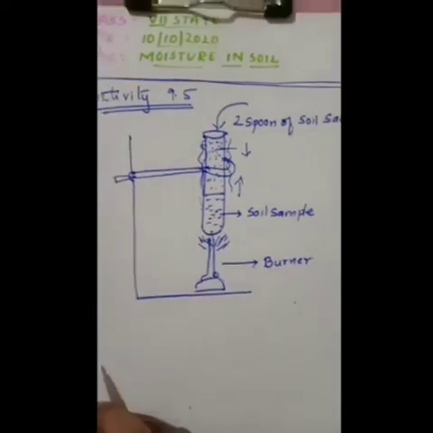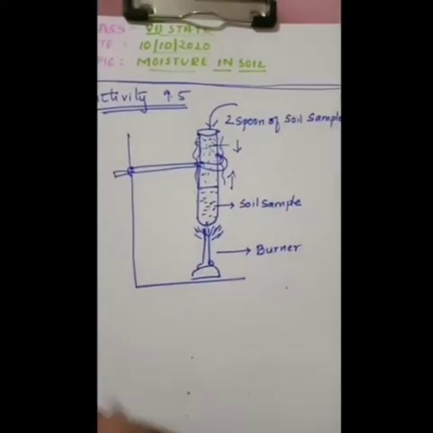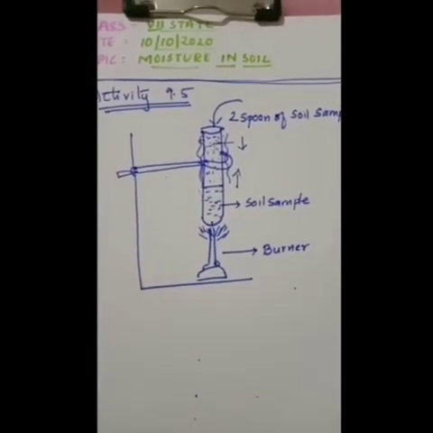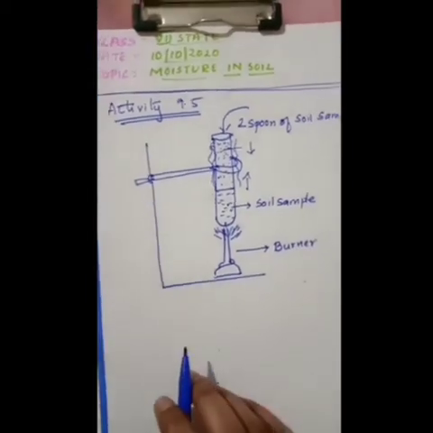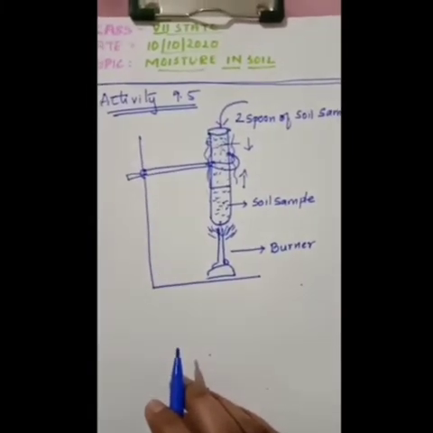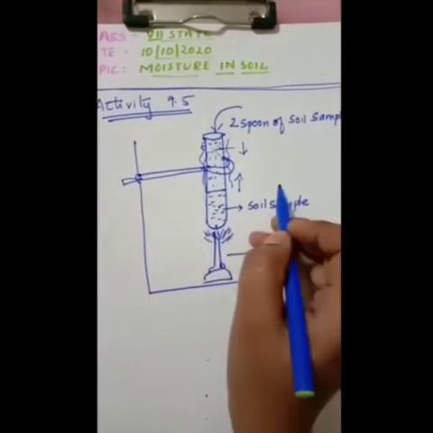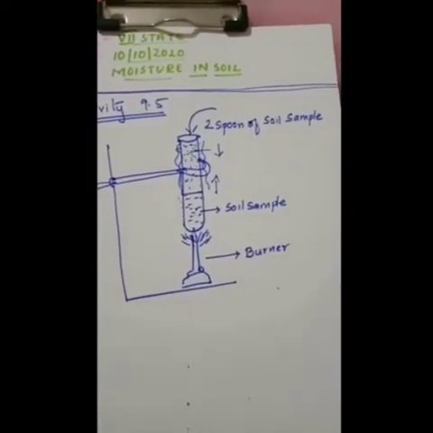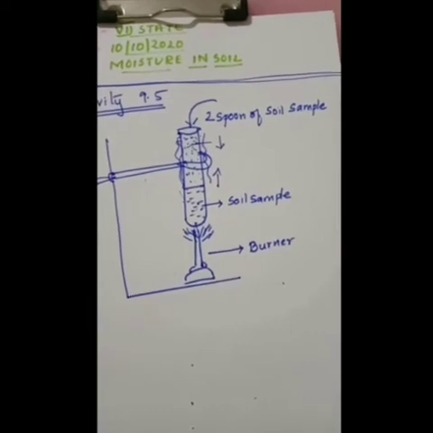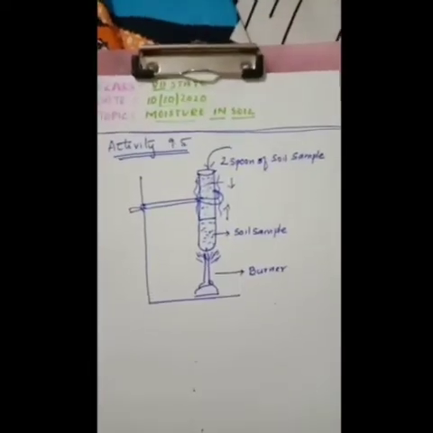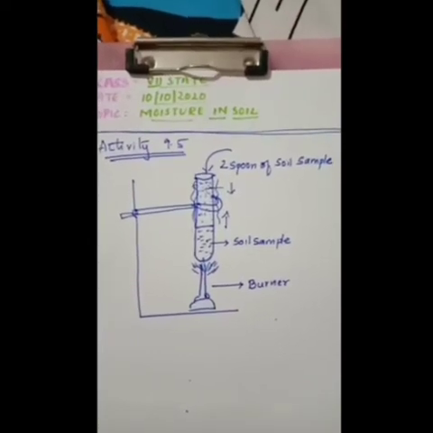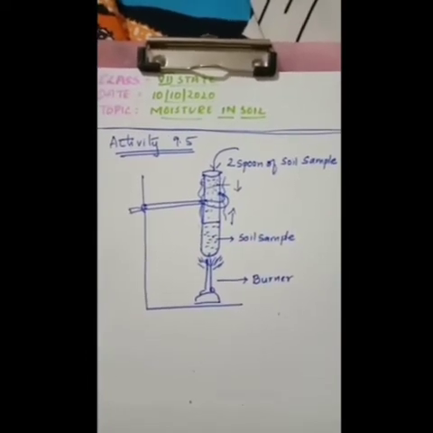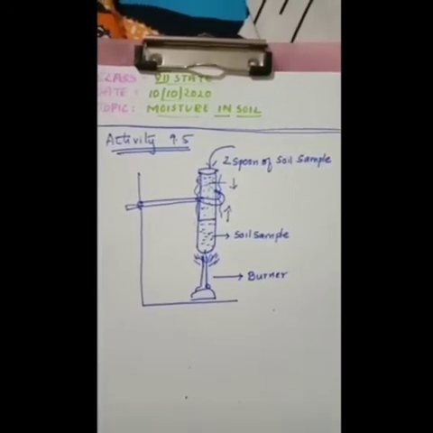So what happens on a hot summer day? The vapor coming out of the soil is reflecting the sunlight and the air which is above the soil, so it seems to shimmer. After heating the soil, take out the tube. After heating this one, you should take out the tube separately and compare it with the soil which has not been heated. And we can know the difference, because it loses its moisture. The soil which you have boiled loses the moisture compared with the soil which is not involved in the experiment. So you will know the difference.